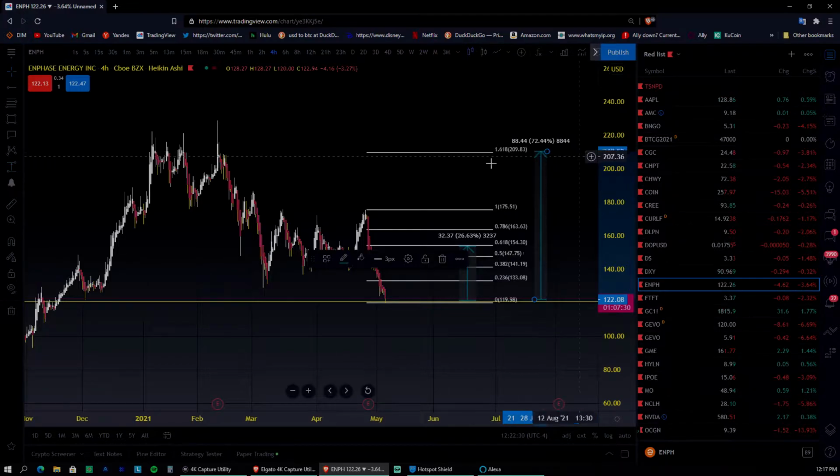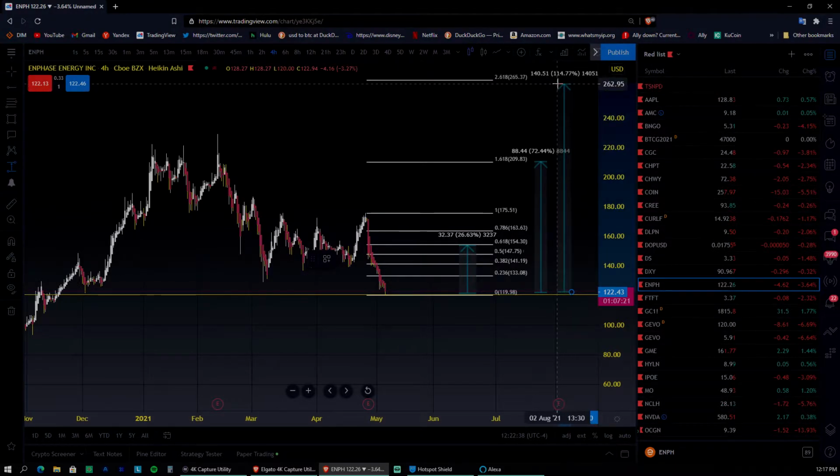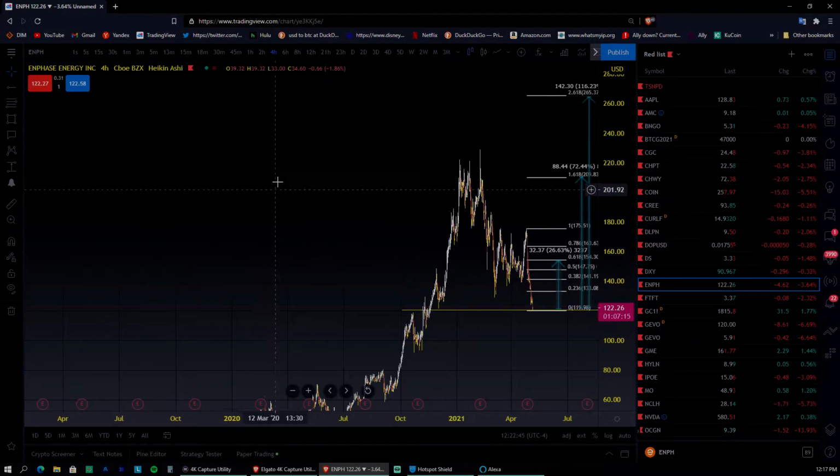We can do maybe a quadruple top here, 72, and then obviously if it breaks that, you're looking for this over here, the 1x gain. Is it worth 1x gain? I don't know, but